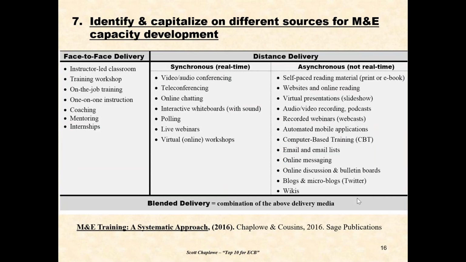Another consideration is to capitalize on existing M&E capacity development mediums and outlets and such. You want to utilize and complement and reinforce these where they exist. We have different learning styles. Some people are more independent learners. Some people learn better online. Some people need the encouragement of being in a group face-to-face. There's face-to-face delivery. There's webinars like the one we've got now, self-directed learning, communities of practice, discussion boards, listservs.